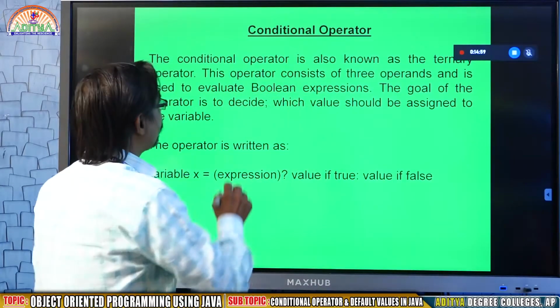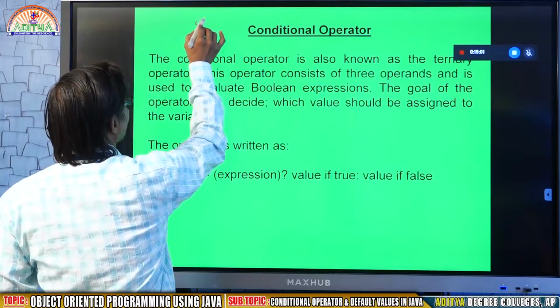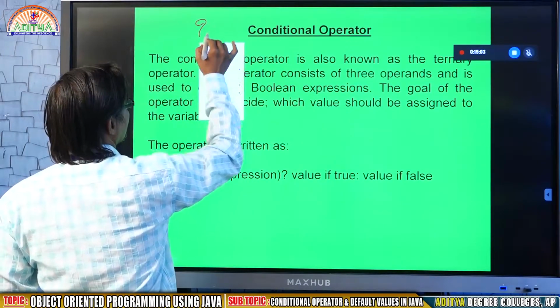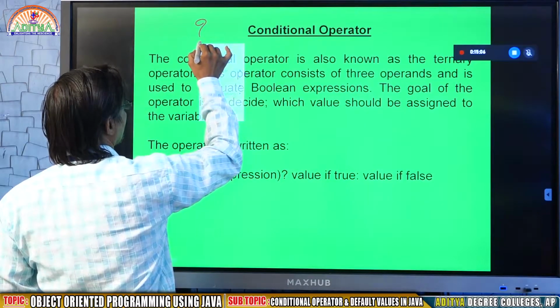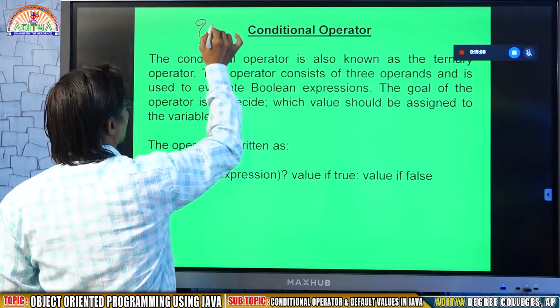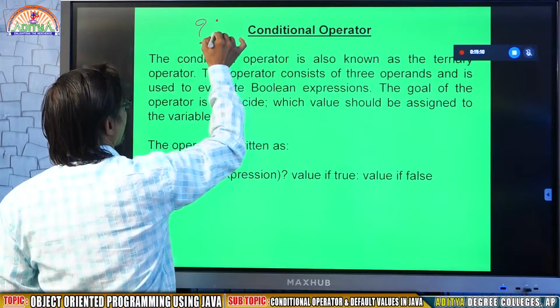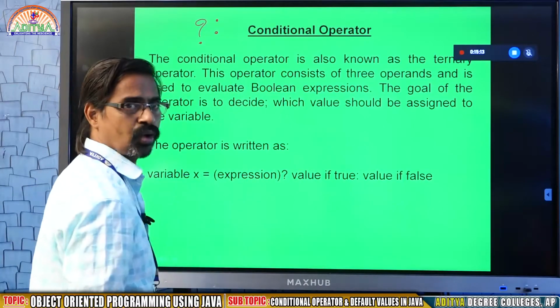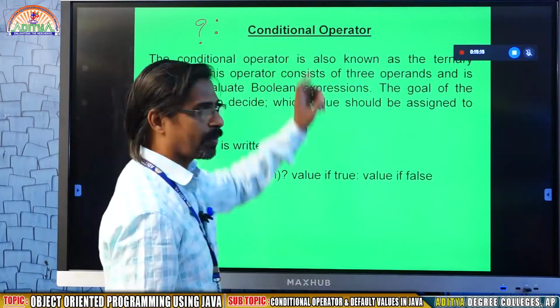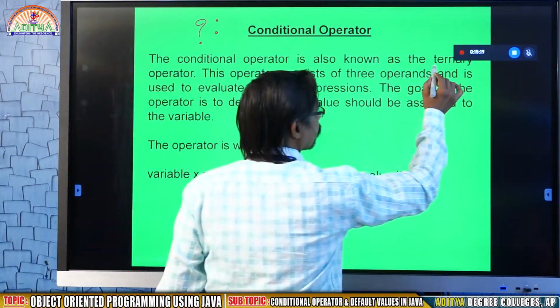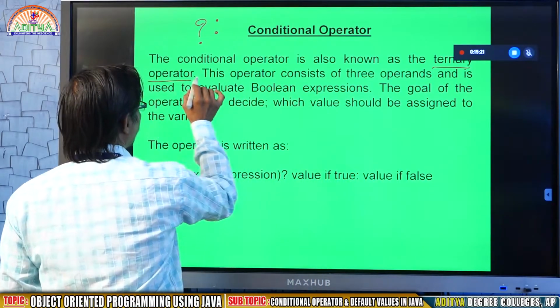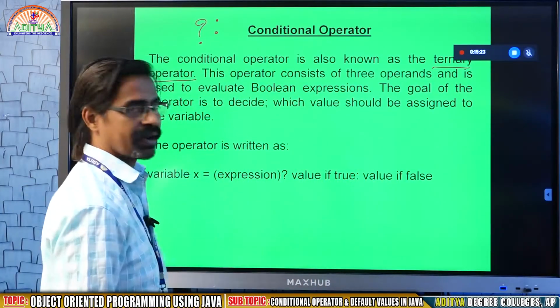Basically, we write the conditional operator like this: question mark, colon. This is called the conditional operator. This conditional operator is also called the ternary operator.